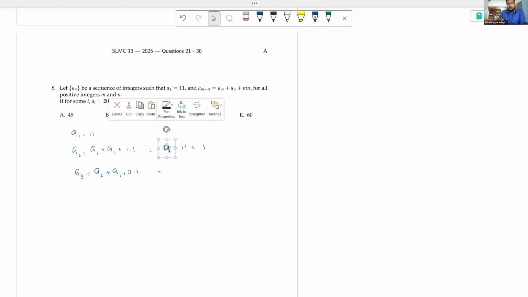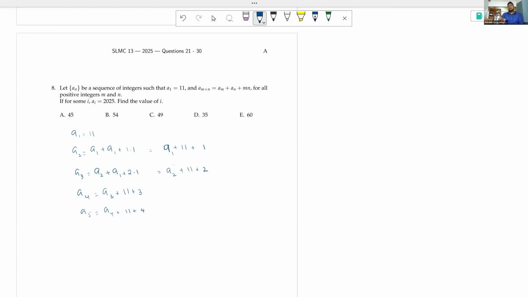And then this would be A2 plus 11 plus 2. And then A4 is equal to A3 plus 11 plus 3. And then A5 equals A4 plus 11 plus 4. And so,